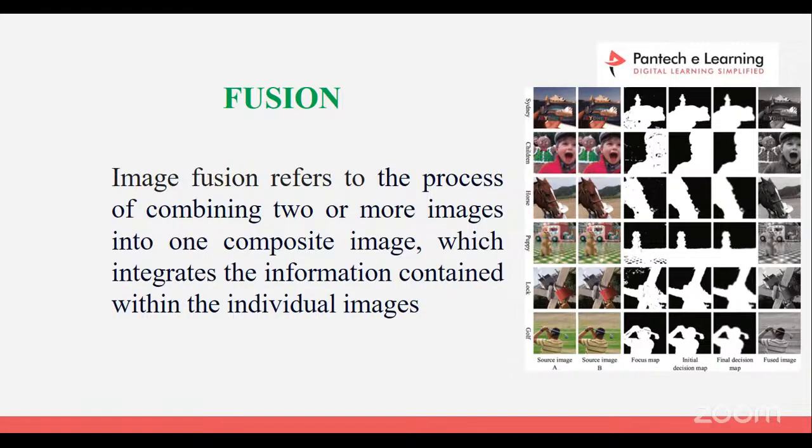Next, the fusion method. Image fusion refers to the process of combining two or more images into one. After that, you will get some individual images. For example, if I give one image, some dog image, it will apply pre-processing and then apply the fusion method. Segmentation is different, fusion is different. Segmentation will show the color like this. But in fusion, it converts only to black and white. This is the fusion method. After applying it, it will recognize whether this is a cat, a dog, or a human. Like this, it will convert and identify. That is the use of the fusion method.